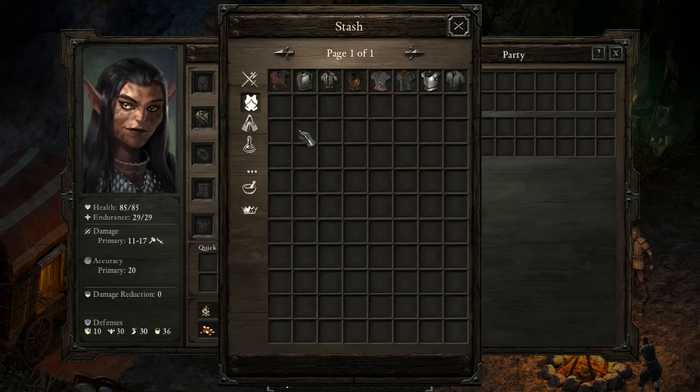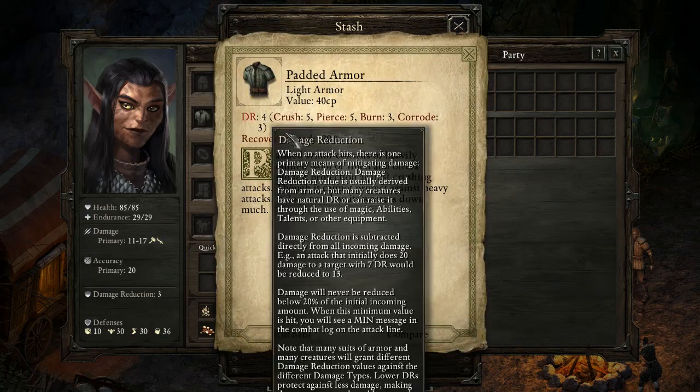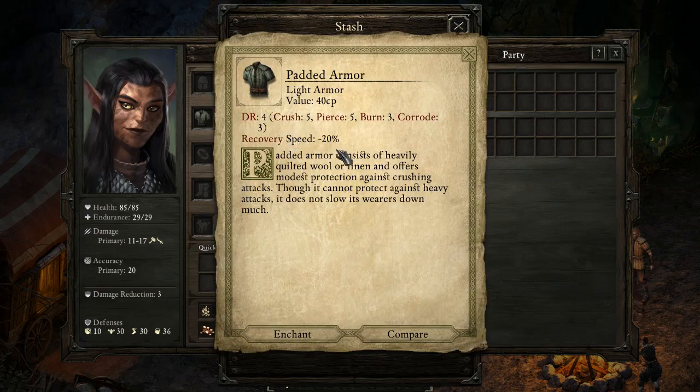So that's the robe. I think the next... I've actually equipped that, so double click to equip. What's the next one? Padded armor, I think, is next. Now, what you can see here is the padded armor has DR of 4 and a recovery speed of minus